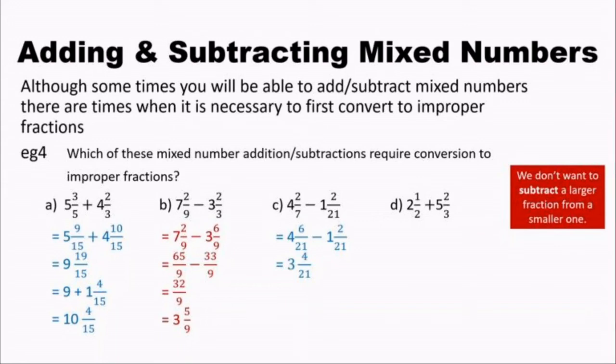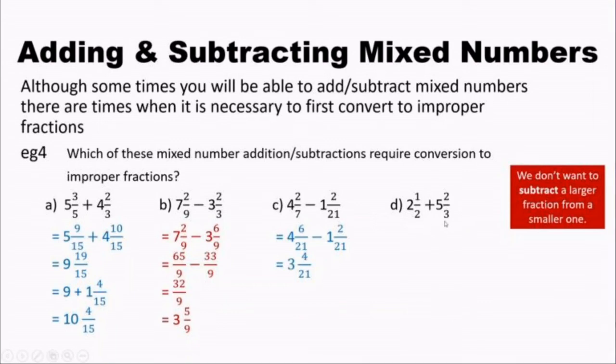Before I start talking about question D, when I'm adding mixed numbers, do I need to convert to top-heavy? Is there any way I'm going to have to deal with negative fractions in this? Not if you're adding a positive to another positive, it's just going to get more positive. So we can go ahead and add these mixed numbers as they are, simply by first getting a common denominator